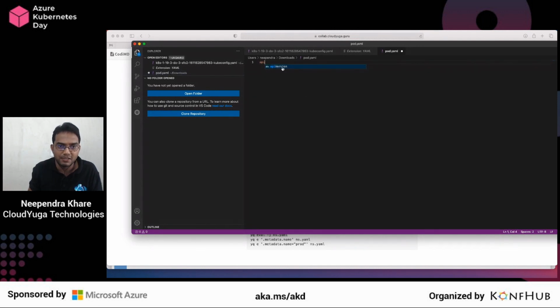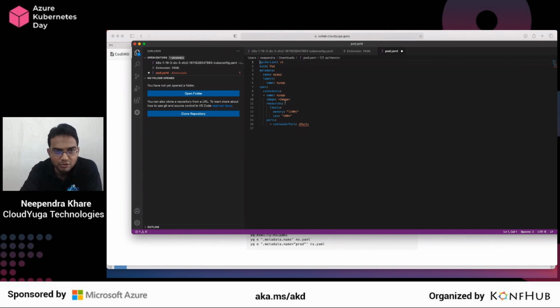Now if I say apiVersion, you can see it automatically gives me the completion of that. I can say v1, and then if I say kind colon, then if I say pod here, you can see I'm getting the configuration for pod. I can say deployment, I get deployment here. If I select pod, you can see that you are getting all of these YAML configurations automatically. So you can make a minor change here, and you can deploy your pod into your cluster.